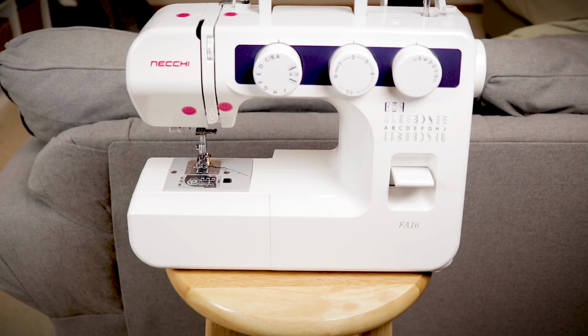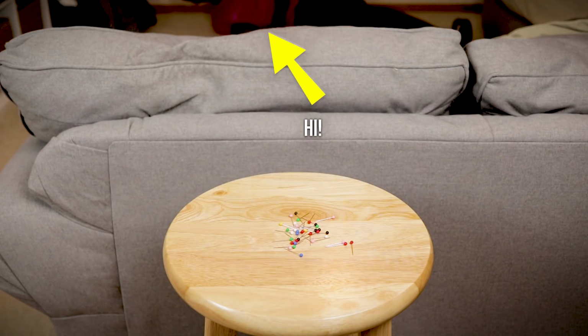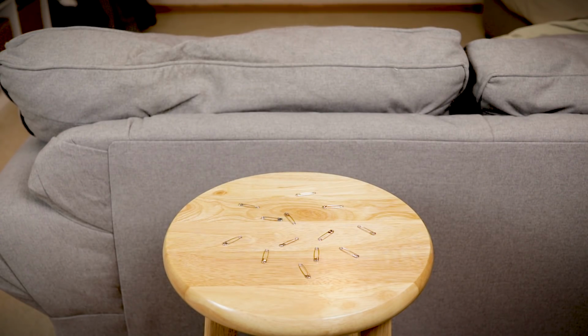I'm SD, and last time I showed you how to shorten your jeans the exact same way that a tailor would. But I also told you why it really wasn't all that it's cracked up to be. I'm really not a huge fan of it. But this way is just as easy. I don't like long intros. Let's do this. Now we need a sewing machine, an iron, some sewing pins or some safety pins, and some